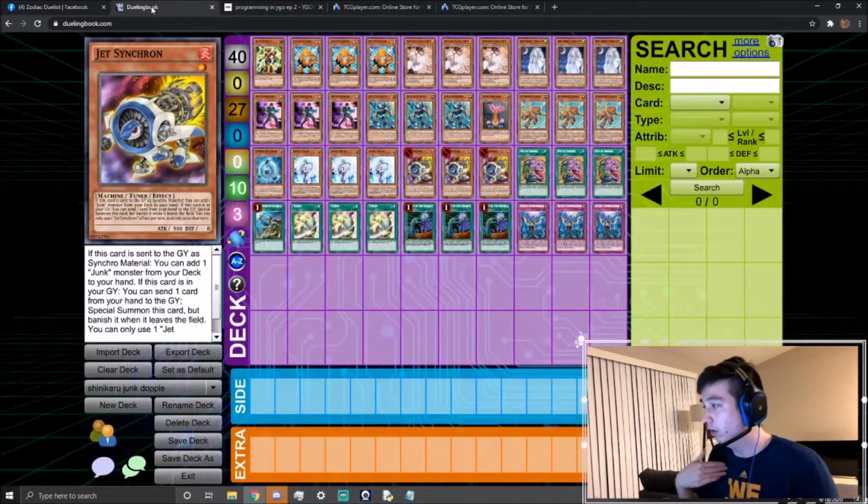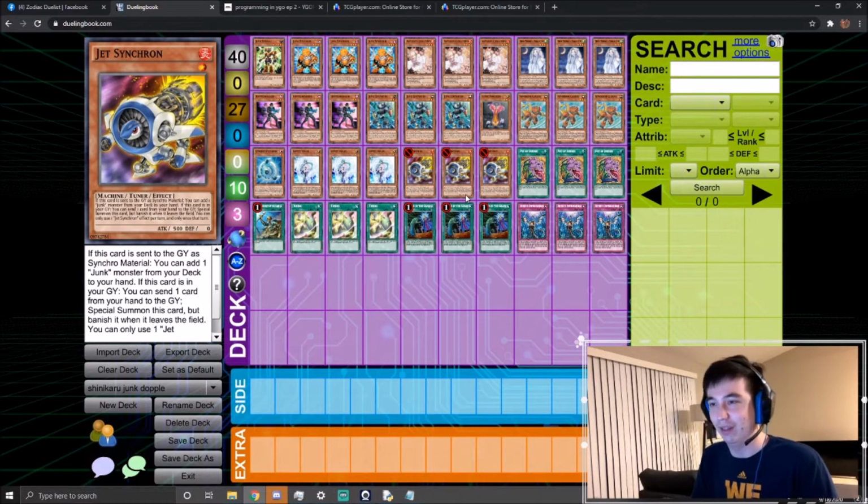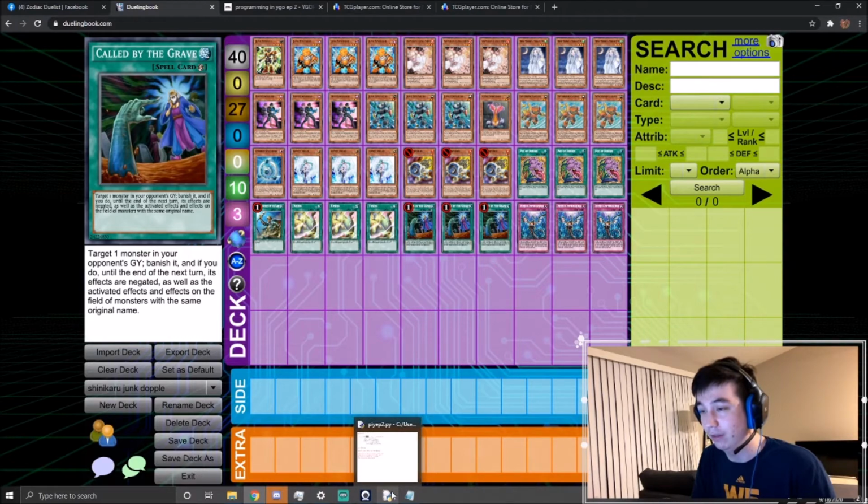And so you know what we're going to do? We're going to do that for him. So I'm excited to do that. I know these cards are banned and a little bit changed, but again, we're just trying to learn here, and so it doesn't really matter what cards are legal. I just want to teach you guys how to program a little bit so you can follow along with this